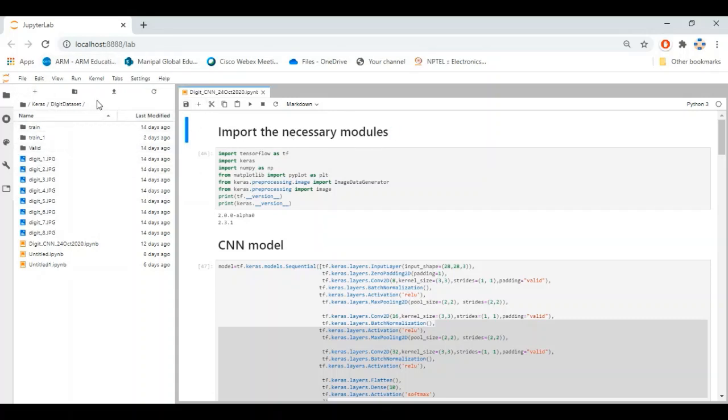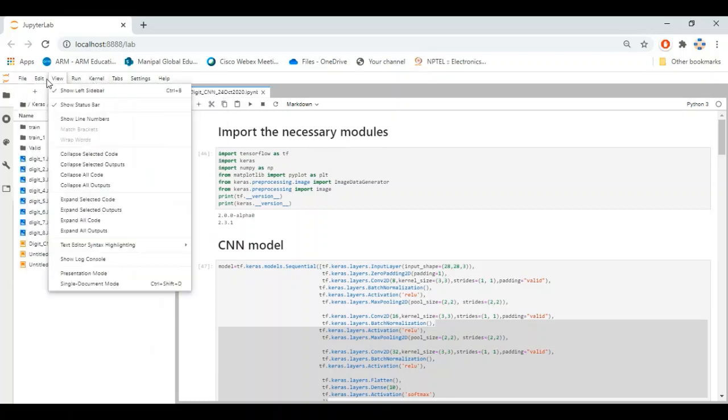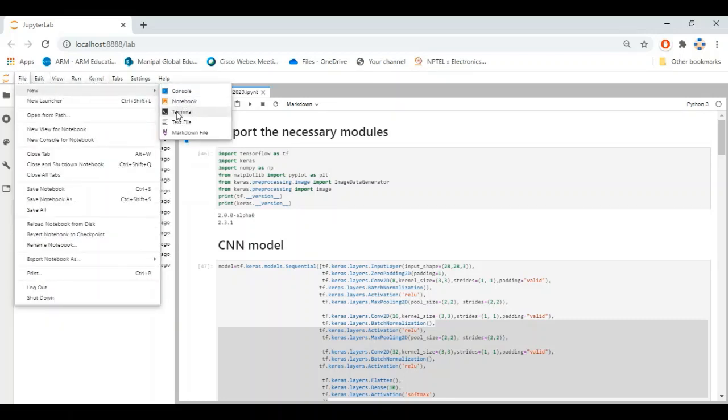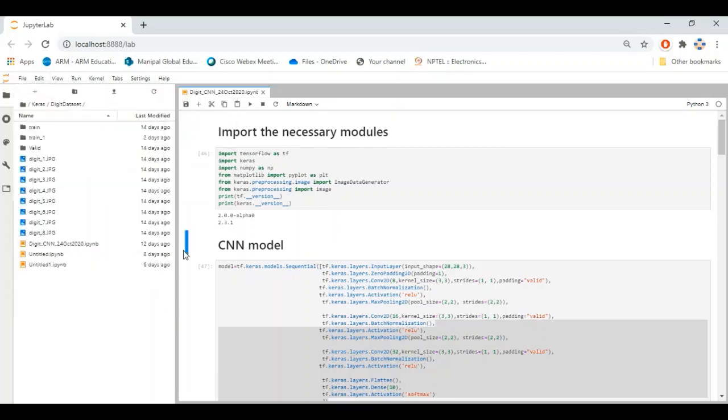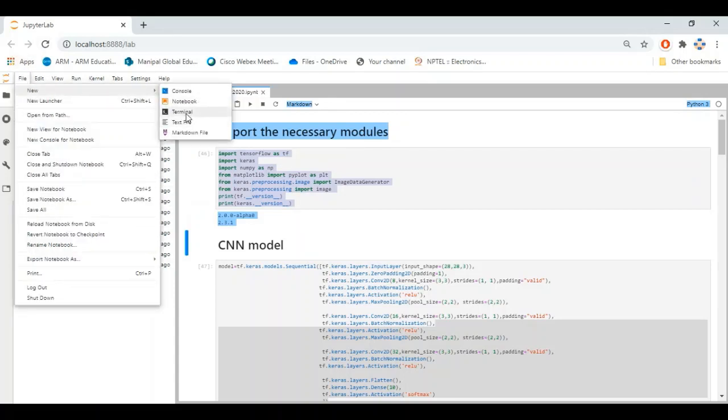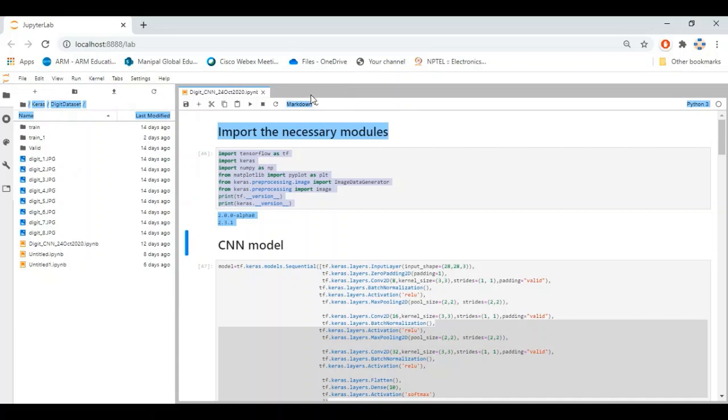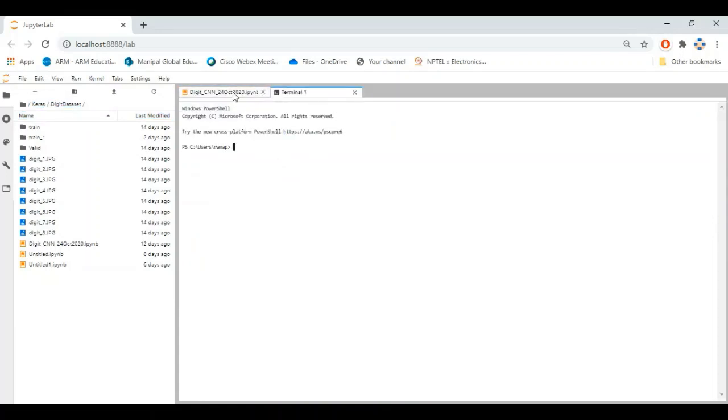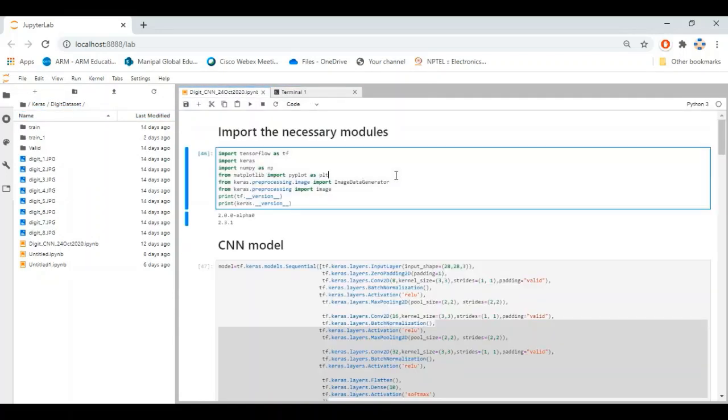So this is Jupyter Lab, and I have the Python code written here. The advantage of Jupyter Lab is that you have the notebook here, and you can also navigate through various folders. You can also install any package you require using the terminal, with the pip command. So let us go through this code. The first part is importing the necessary modules.